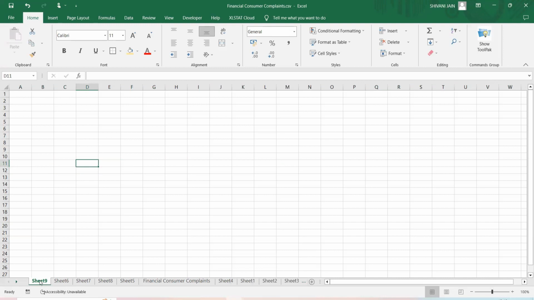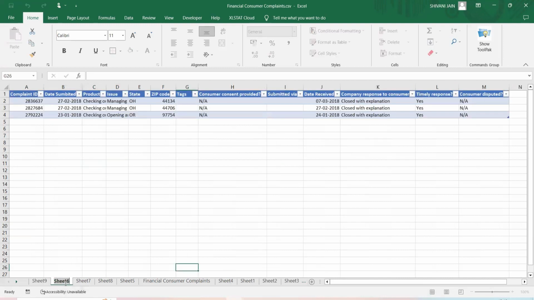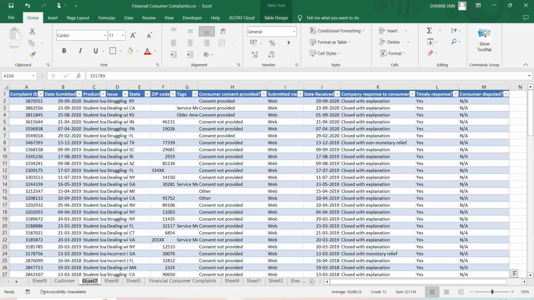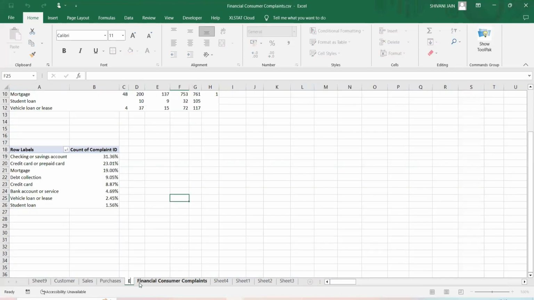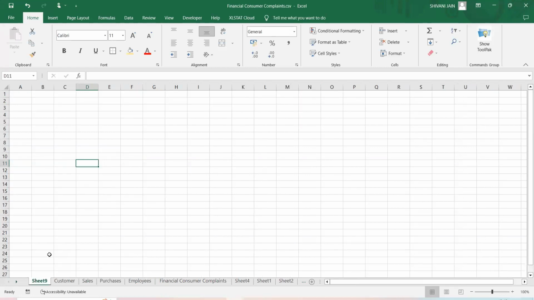Now, what the problem is? In one sheet, let's suppose you have the data of customers. In one table, you have the data of sales. In one table, you have the data of purchases. In one table, you have the data of employees. So in this way, you have, let's suppose, 30 different tabs. Now, what you can do, you can create a contents table or index